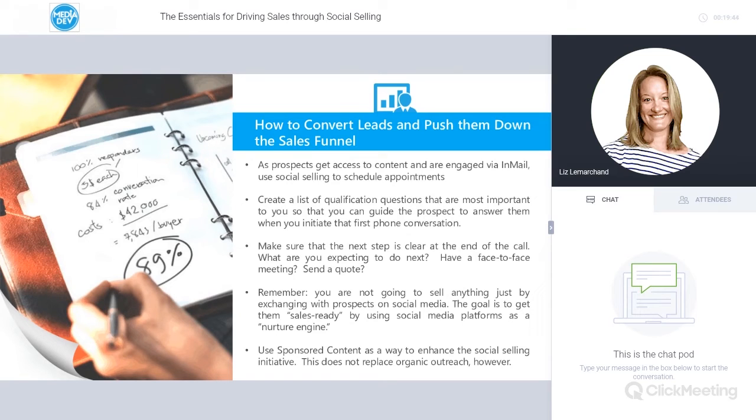But again, you don't want to have a hard sales approach to social selling. You need to build your personal brand around your company brand. And if people see you as just being this pushy sales guy, they're not going to respond or engage. So social selling is absolutely going to take longer to get leads than cold calling, but it should help you close the sales deal 10 times faster because you've already established a relationship and built rapport with the prospect along the way.